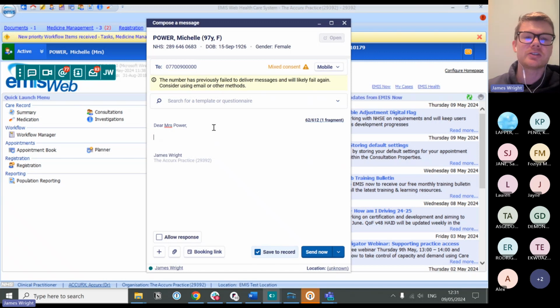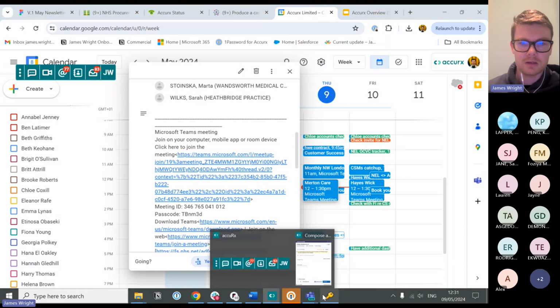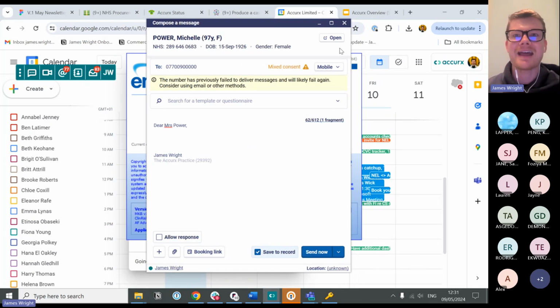Typing the body of the message, you can edit that. That's free text. We would advise going directly into... sorry, go where EMIS has gone. Yeah, EMIS is closed, but that's fine. Go back to Accurx. Yeah, so you can type in the body of the message here,